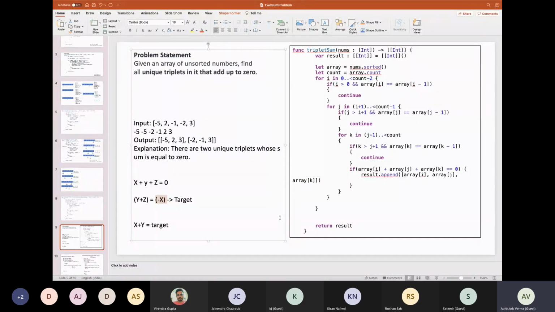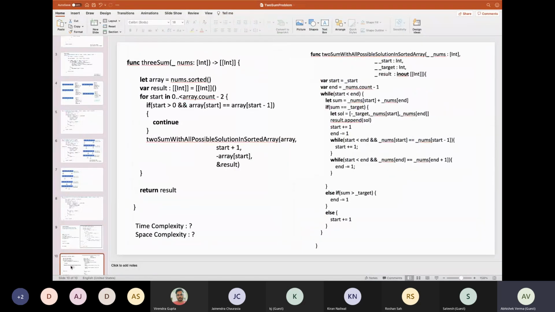So like what we did previously, we are going to do the same thing here. The only thing we hadn't considered there is the possibility of having duplicates. But in this case, we are also considering that if the array has any duplicates, we are not going to return any triplet which contains duplicate values.